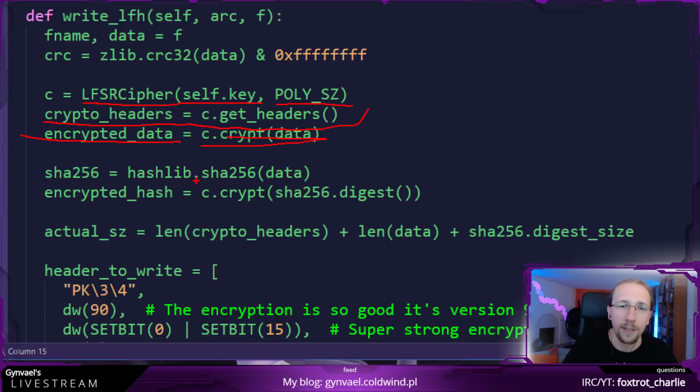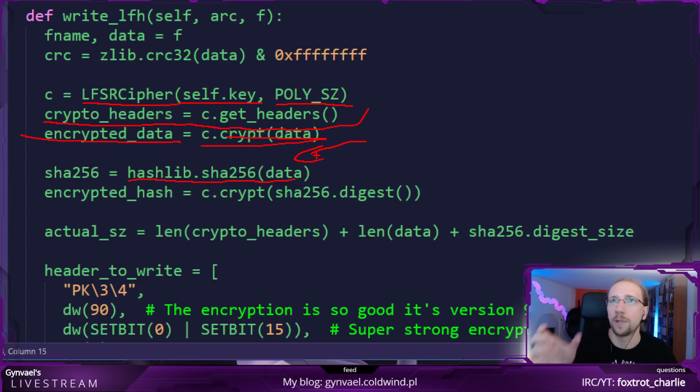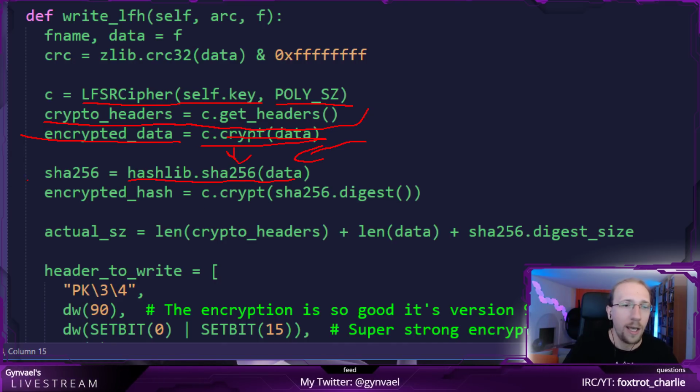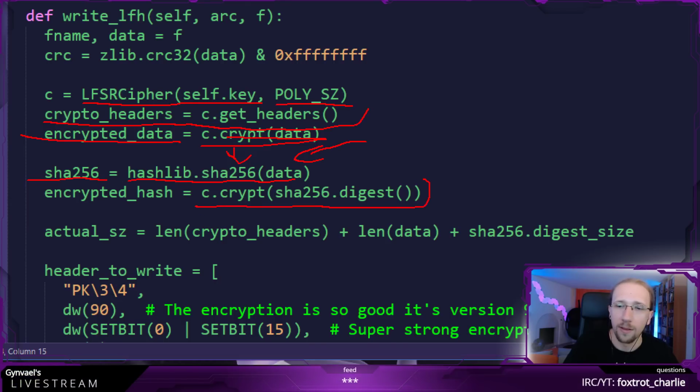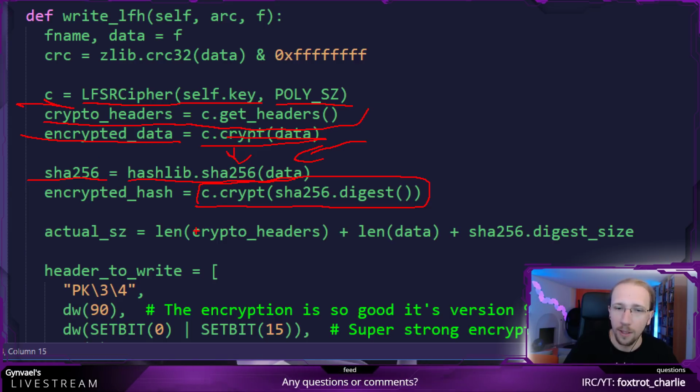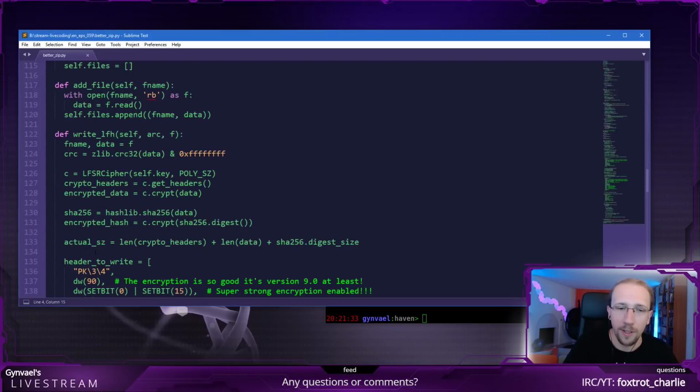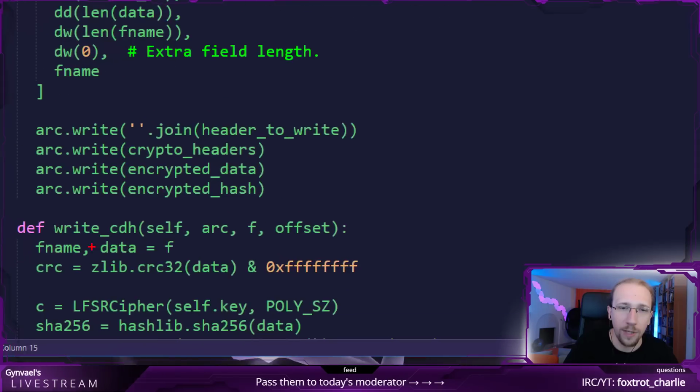Then we calculate the hash of the unencrypted data, a really strong hash. This is a good hash. And we encrypt the hash as well, using the same object. And then when we store the stuff, we write the crypto headers, the encrypted data, and the encrypted hash.